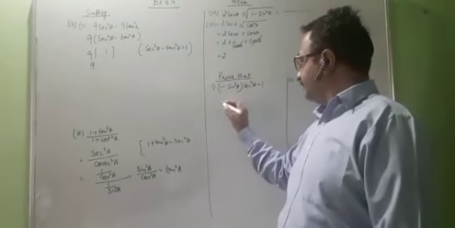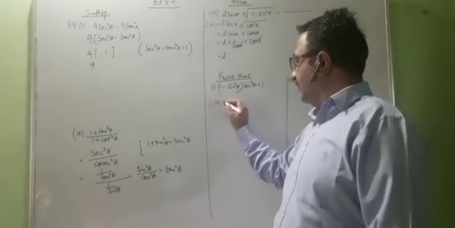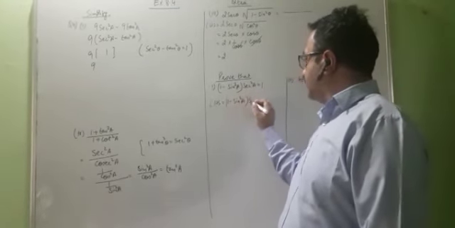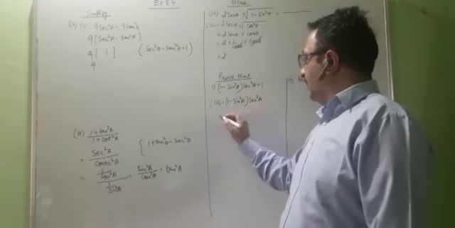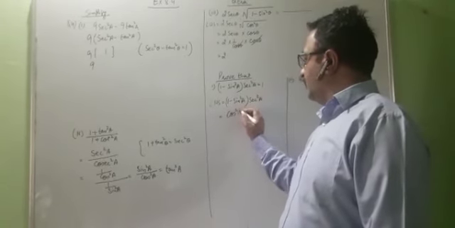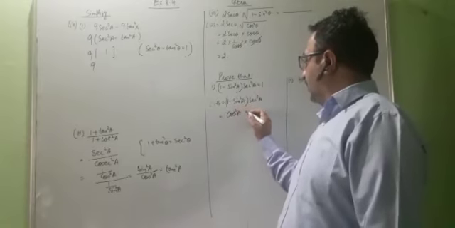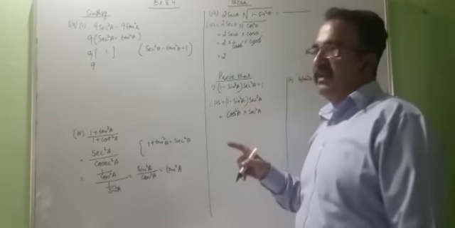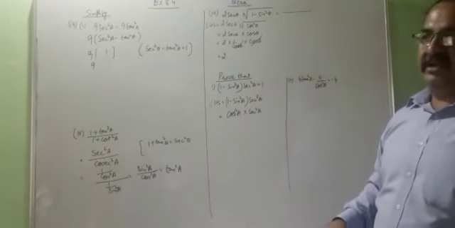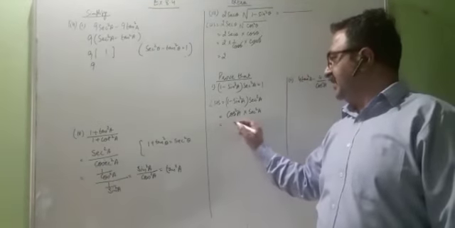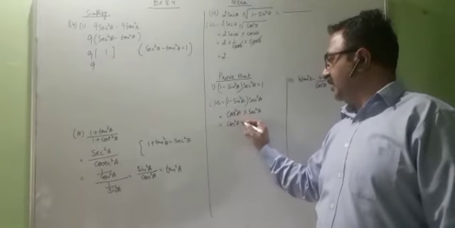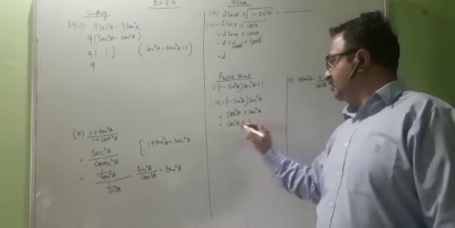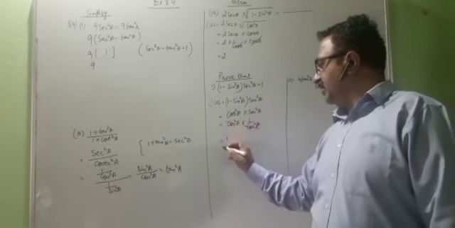So LHS equal to (1 minus sine square A) secant square A. Now 1 minus sine square A equal to cos square A, into secant square A. As I want the answer as 1, they must cancel out. As you know, cos and secant are reciprocals of each other: 1 upon cos square A. So cos square A will cancel out. It is your RHS.